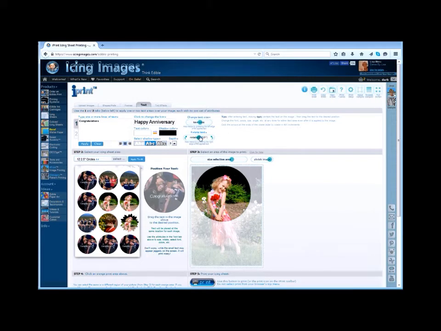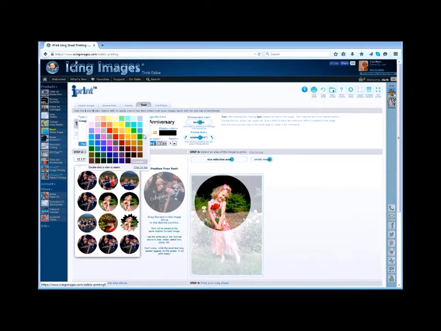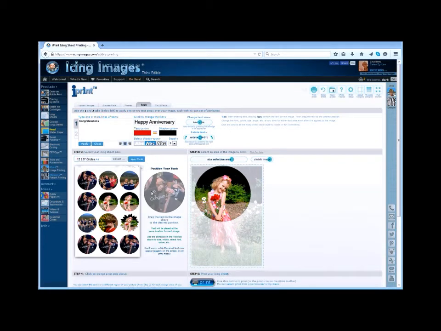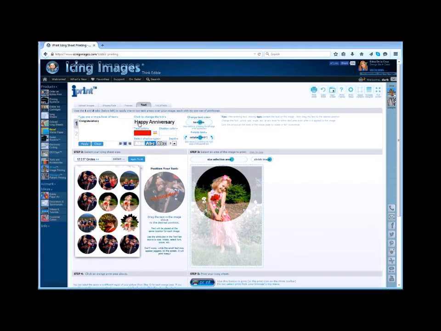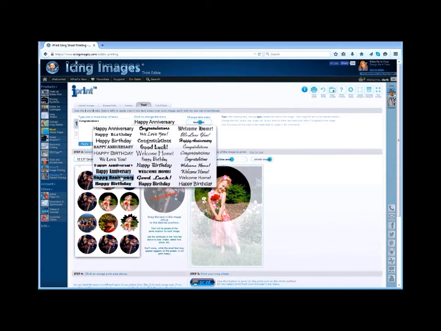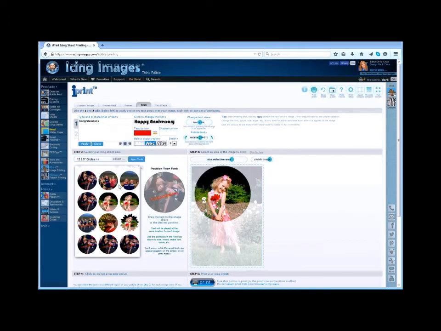I can still rotate it. I can still change the color. I can do just about everything I did before. There it's appearing red. I can do a white shadow. I can change the font. All the same features that we had before. And there you have it. And then I would go ahead and print those out, and I'd have some amazing designs to go on those